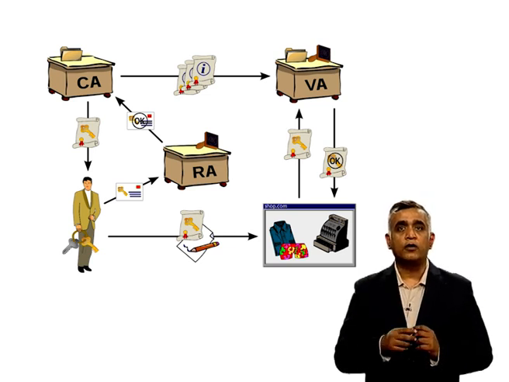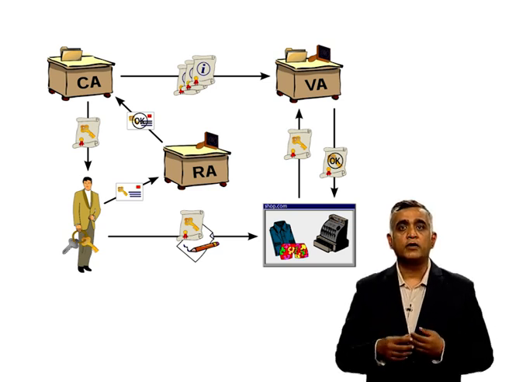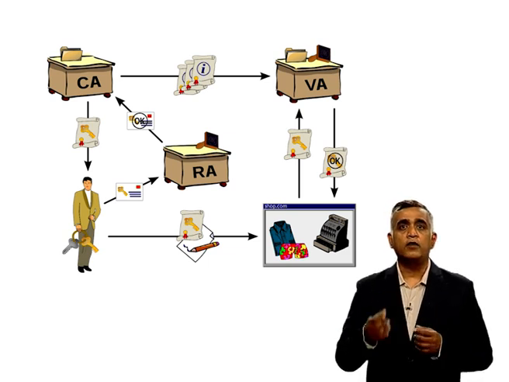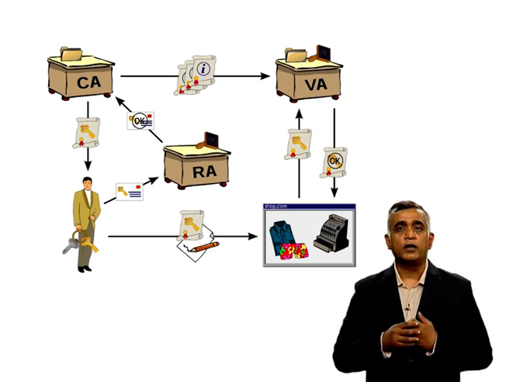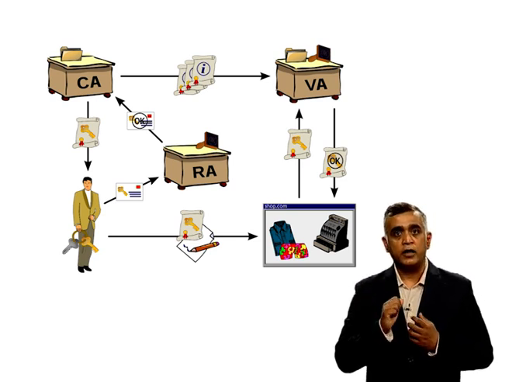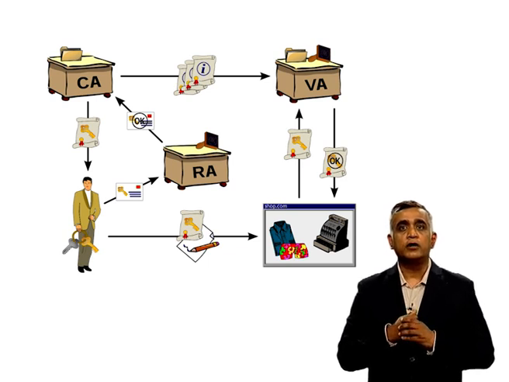Then the certifying authority will ask the user to submit their credentials or documents to any nearby registration authority. Now, the subscriber or user will submit their credentials, and if they are found correct, then the registration authority will provide a password to the subscriber, and it will also be forwarded to the certifying authority. After that, the subscriber will submit a request for the public key certificate, and the certifying authority will generate the